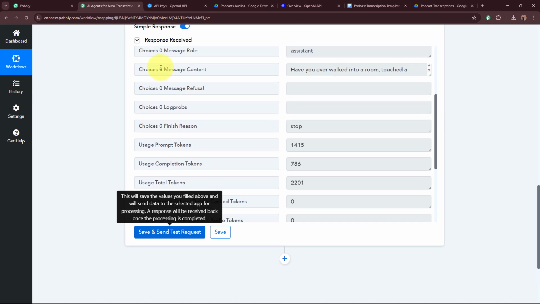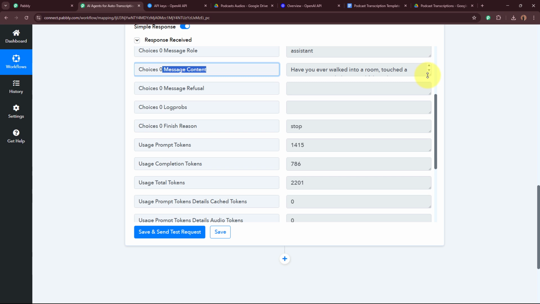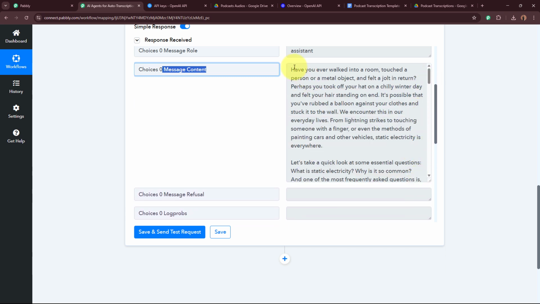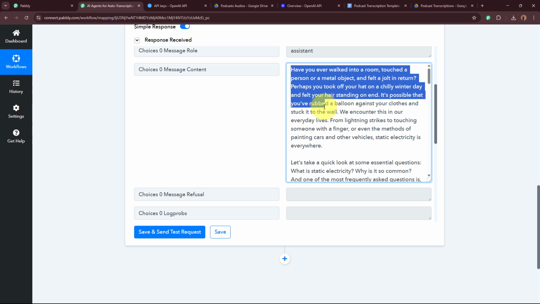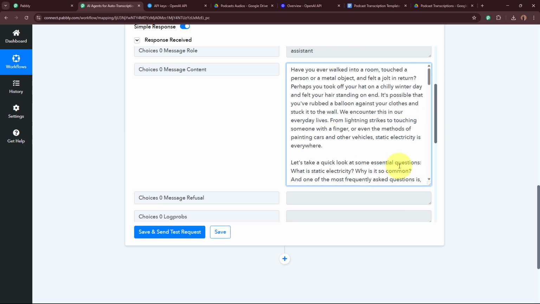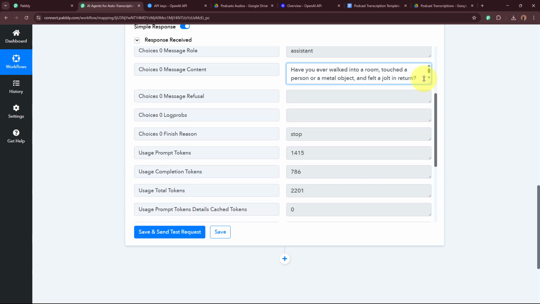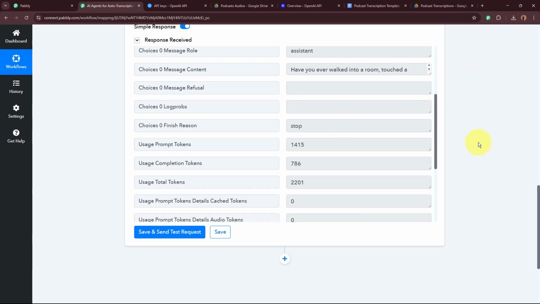And in this response and message content, I have received the translation. Have you ever walked into a room, touched a person or a metal object and felt a jolt in return? Perhaps you took your hat off on a chilly winter day and felt your hair standing on end. It's possible that you rubbed a balloon against your clothes and stuck it on the wall. So you can see right away, this is the translation of the transcribed Hindi podcast that I've uploaded in my